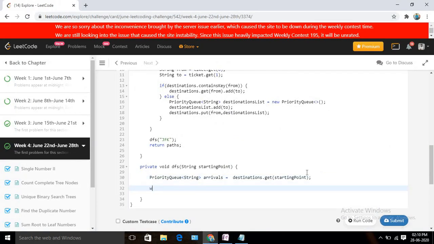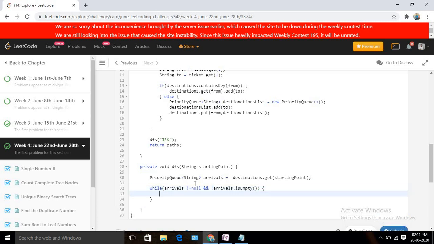Then I will iterate through this adjacency list. So for arrivals, I will iterate while it is not equal to null and it is not empty, right? If it's not empty, then I am going to call the DFS again. So I will poll from the priority queue.